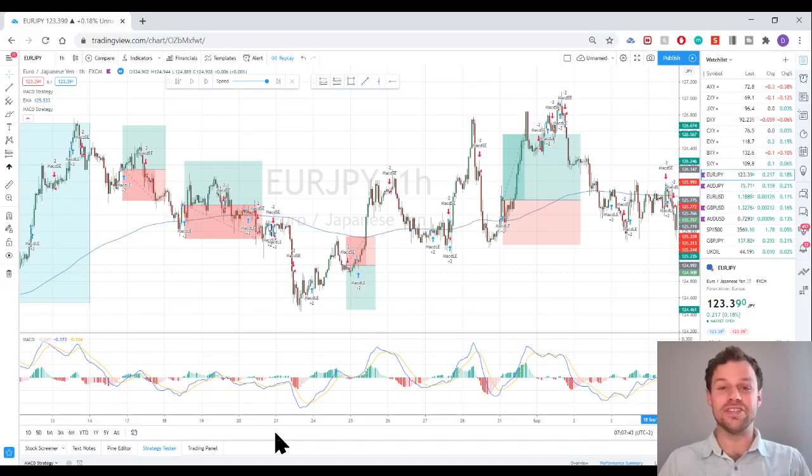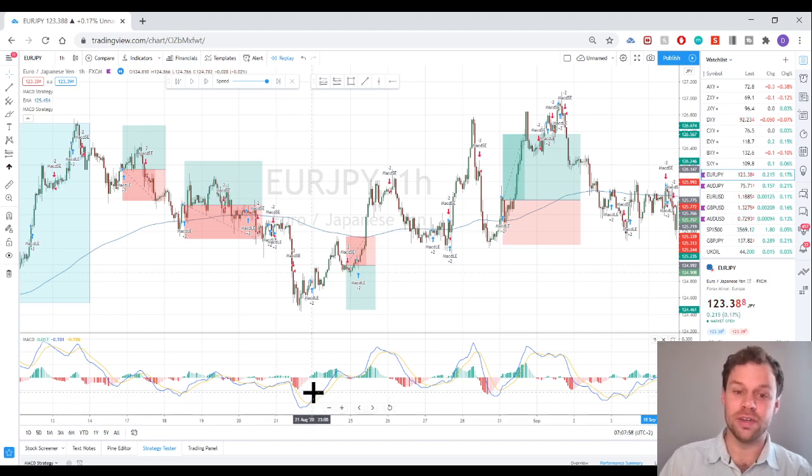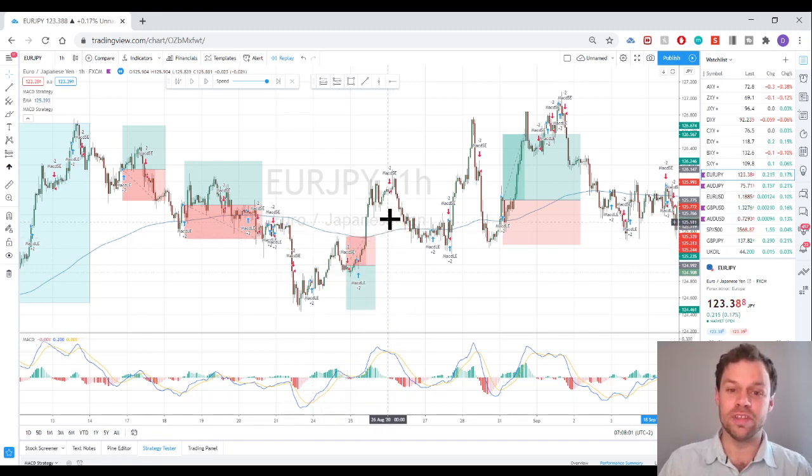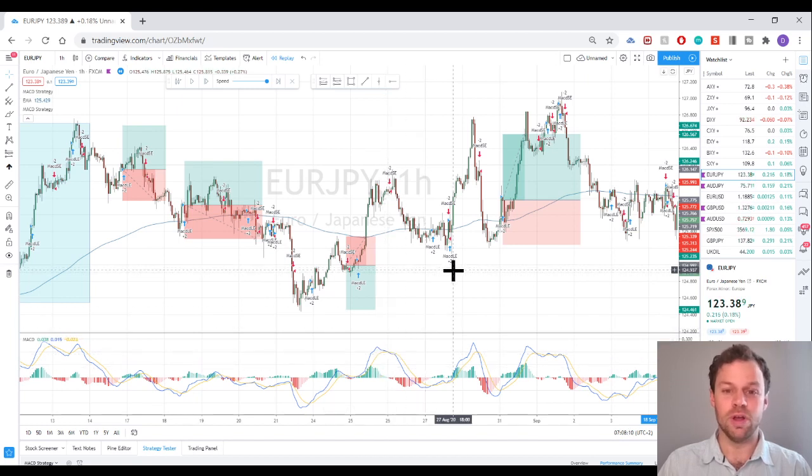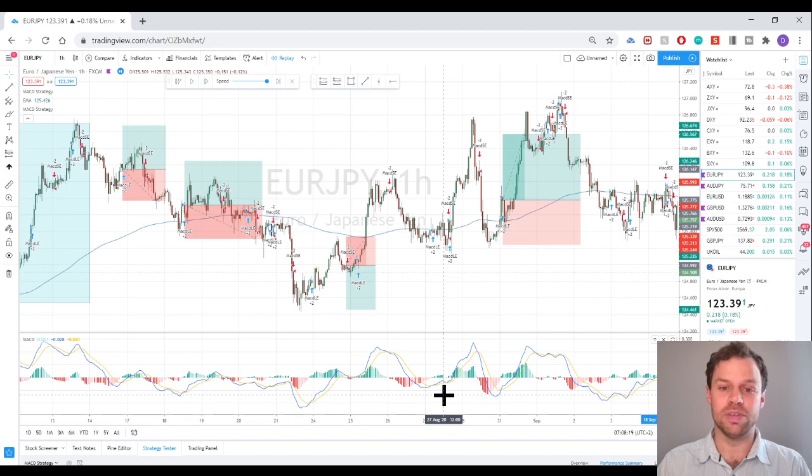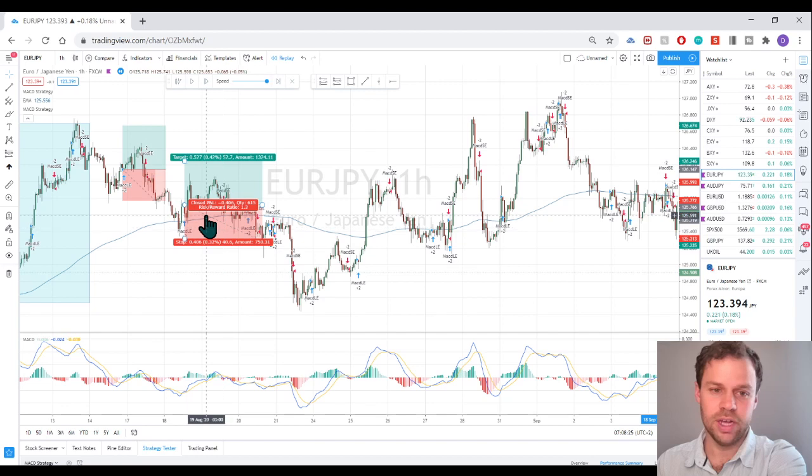Now during this analysis, I had a wild idea. I thought, what happens if I was to reverse this system? So change the rules. Well, in a ranging market, I decided when the price is above the 200 EMA and the MACD gets a sell signal, this is for a ranging market, then I would take the short. If price is below the 200 EMA and the MACD crosses below the MACD zero line, then I would take the buy signal. Meaning that instead of these trades,